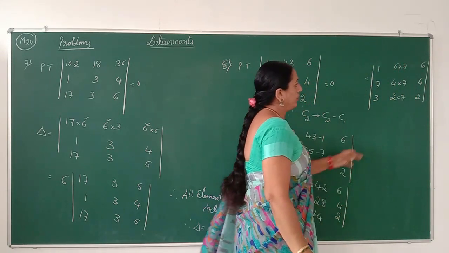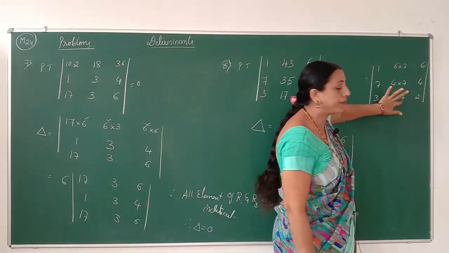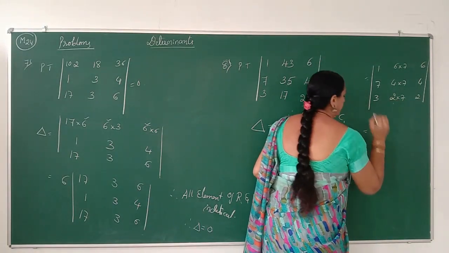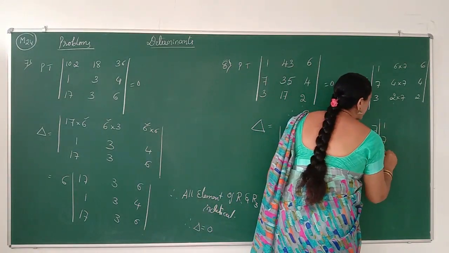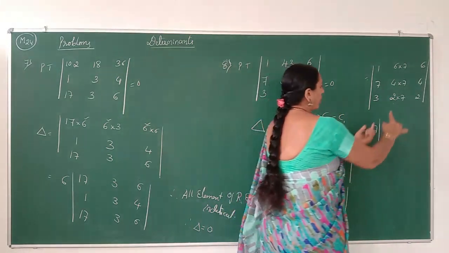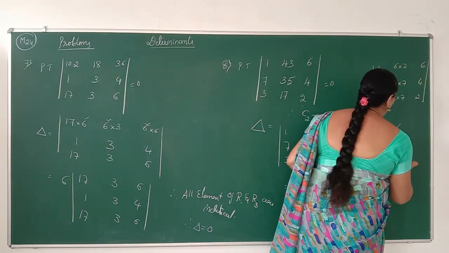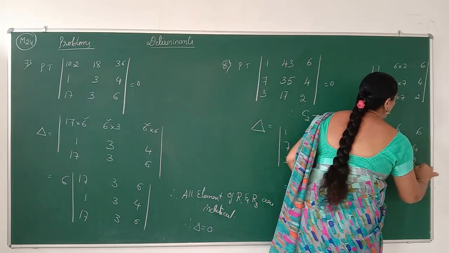Then we observe that all the elements of the second column are multiples of 7, therefore 7 is a common factor. So what about the remaining elements? The first column does not change, so the elements are the same. In the second column, if 7 is a common factor, the remainder is 6, 4, 2. And the third column is also 6, 4, 2.